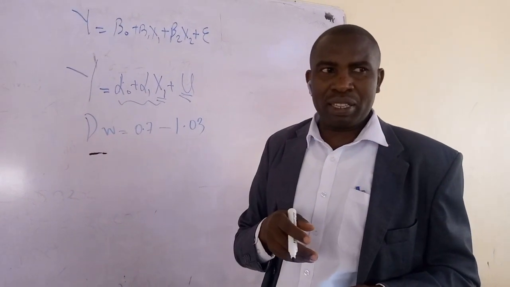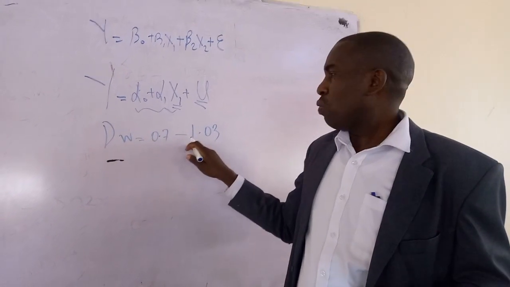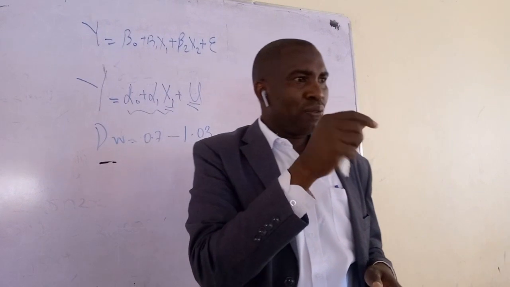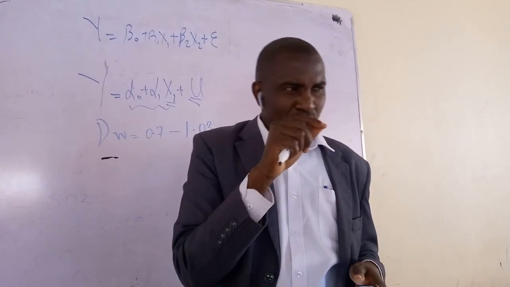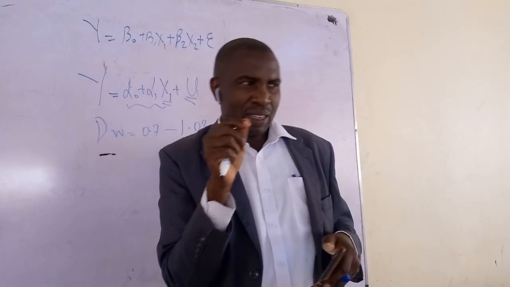Are we in agreement there? You will get DW between 0.7 and 1.03. What does this imply? If you get a DW of 0.7, what does that mean? It's closer to 0 than to 2. So it could mean that there is